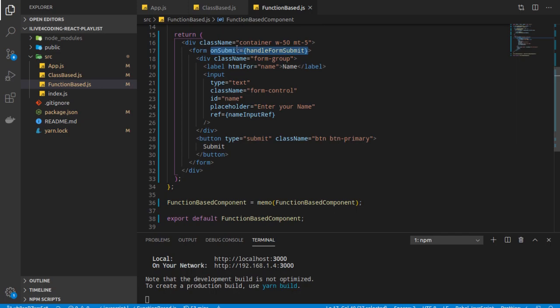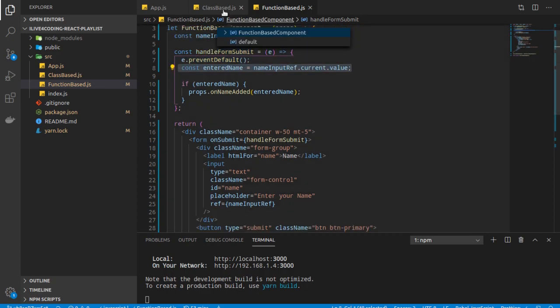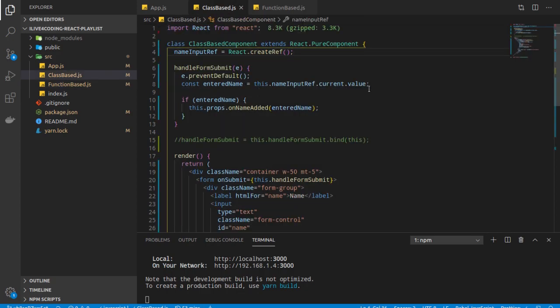On submit, I want to call a function, right? And this is the button, and ref is here, right? So there is a small difference that we are not using this because this is not class based, and how this function is created here. The same logic. So we will receive an E, we need to prevent default because we do not want the page to load, and then this is the entered name, and we will receive it in the same way as we did in the class based. So all this remains the same,